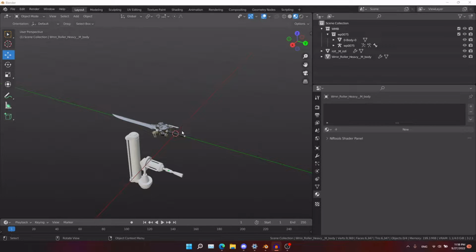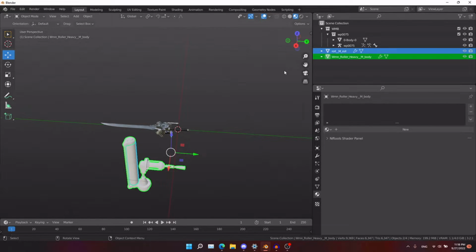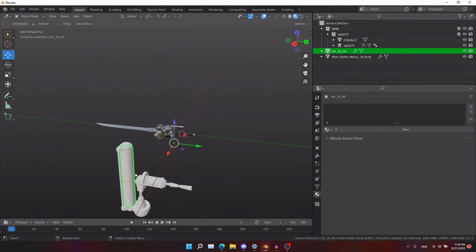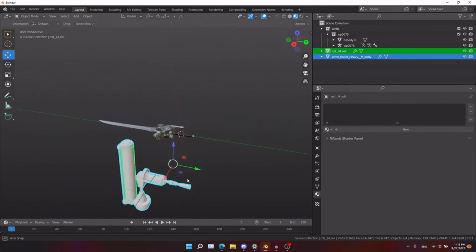Hello guys, in this video I will just quickly glance over how to import a weapon into Nier that is multi-mesh, so it has multiple meshes as you see. We have this main body here and this strange wall thing. Just to quickly say it, I have no idea what this is. Somebody just asked me to do it once and I just had the model on hand to show it,